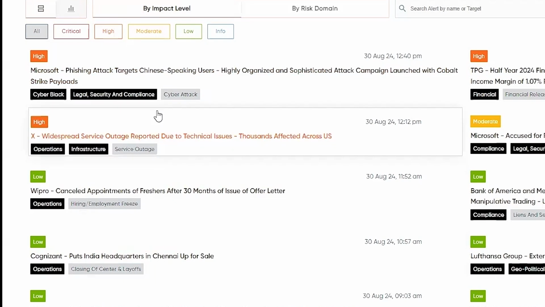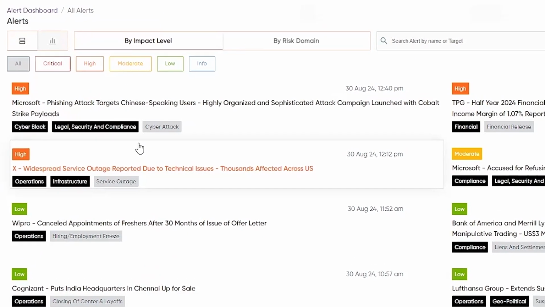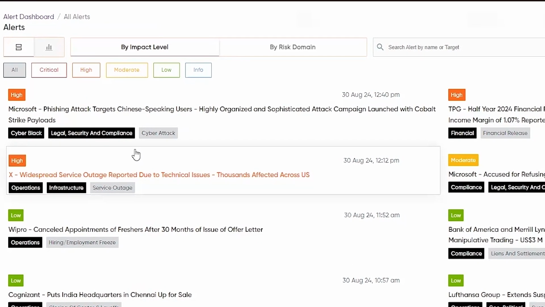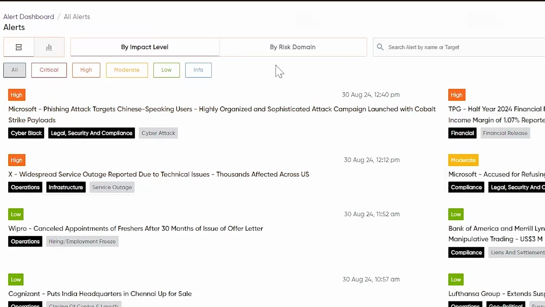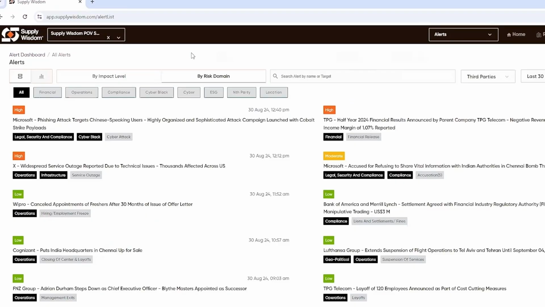These are extremely granular classifications that overall are going to allow you to bring focus to your engagement with your alerts. The alerting is extremely comprehensive, covers all levels of risk across all of the risk domains in the platform. However, you have the ability with a few clicks to filter a really comprehensive record of alerts into a really focused view of a particular type of event or events impacting a particular entity. So right here up top, you can see that you have the ability to say, show me just my critical alerts, just my high and critical risk alerts, whatever the need may be.